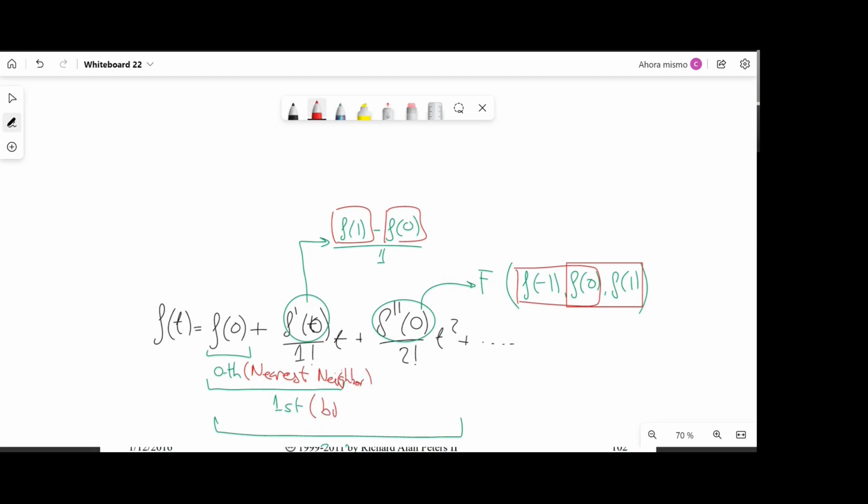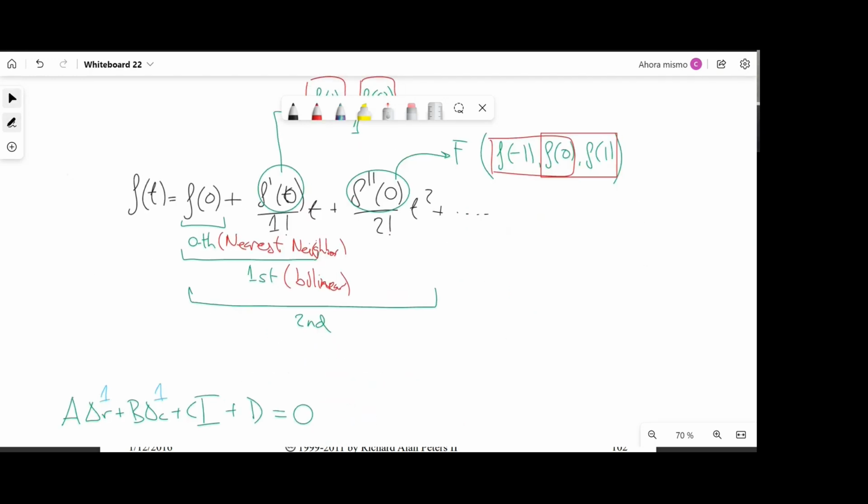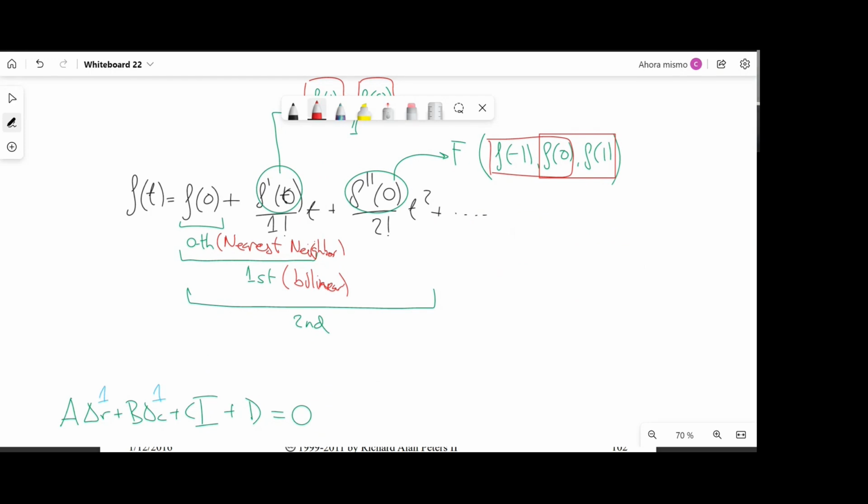This is bilinear interpolation. And this is quadratic interpolation. We don't put B. We can put it B quadratic. So B quadratic, the B